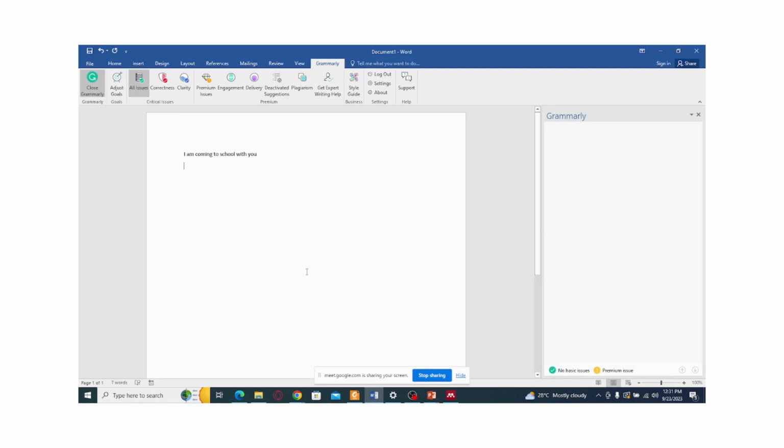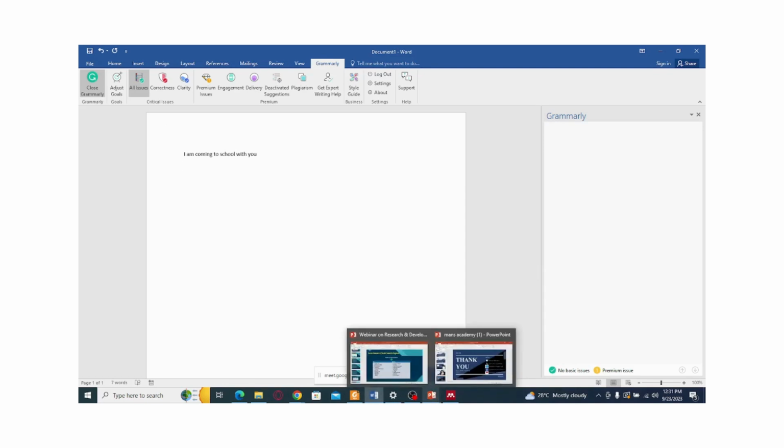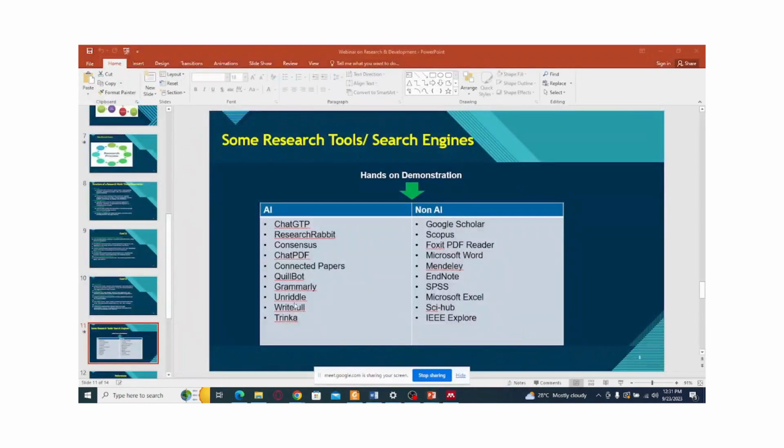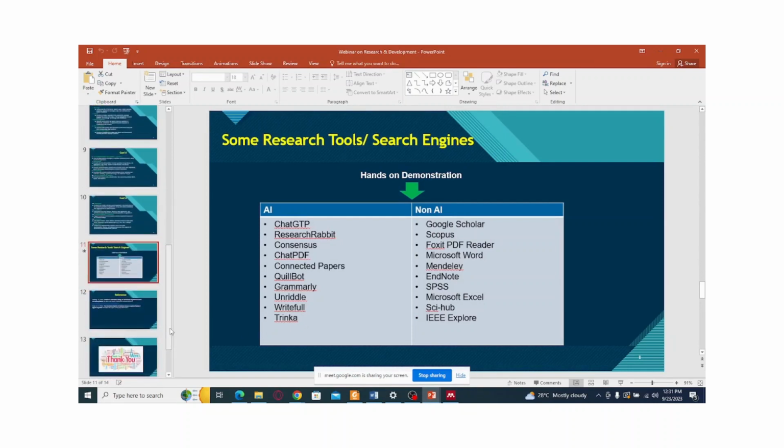Or maybe the text is small, but you can actually try it, and whatever grammatical mistakes are there, it can correct you. We also have Riddle, which is also a powerful AI tool. Trinka is also a very powerful tool. So basically, guys,